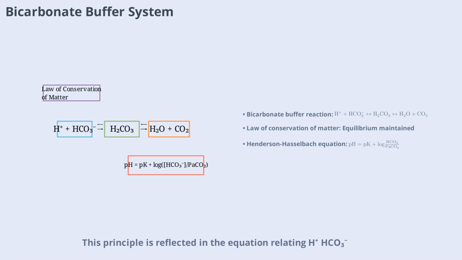This principle is reflected in the equation relating H+, HCO3-, and H2CO3, which can be transformed into the Henderson-Hasselbalch equation. This equation forms the basis for understanding how changes in one component affect the others, and is fundamental for